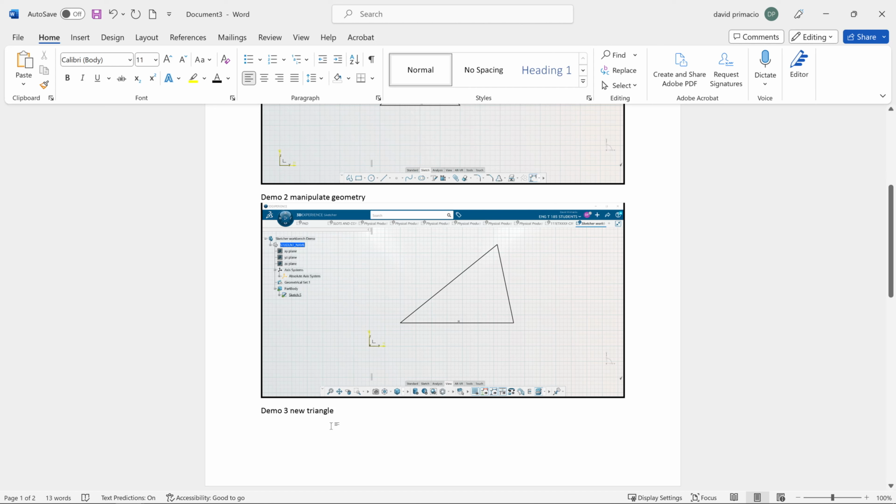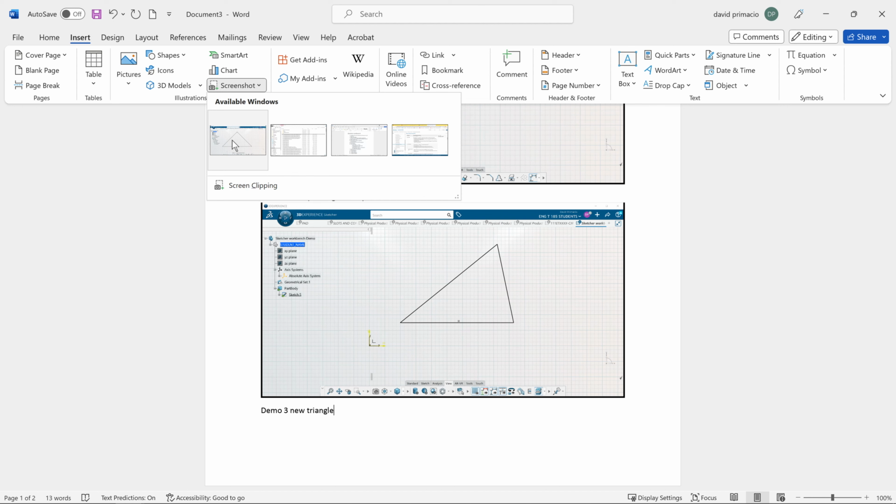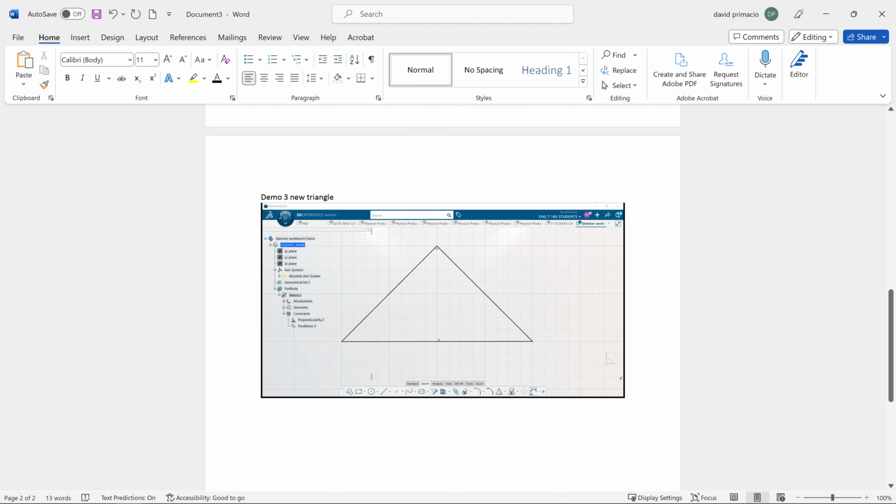Hopefully you remember how to insert this picture here with the new triangle. Insert, screenshot, click on this, and that was the last triangle we did. I might recommend hitting the right arrow and then hitting enter and define steps to keep the line feature active, which was double